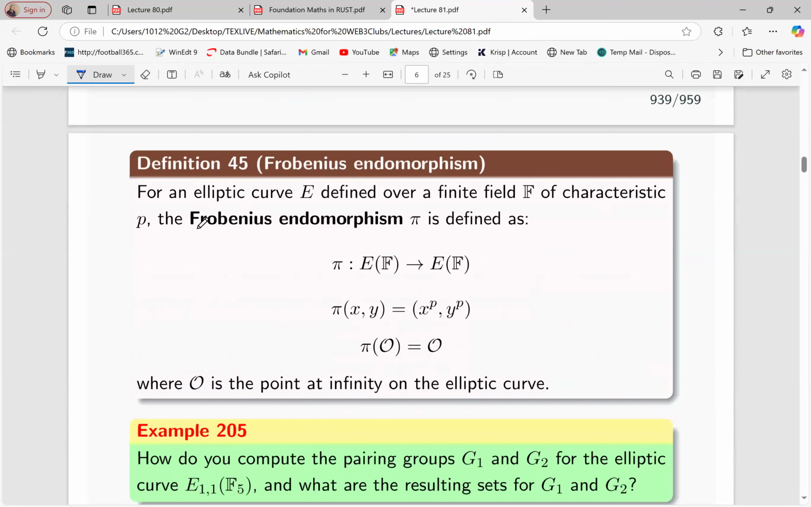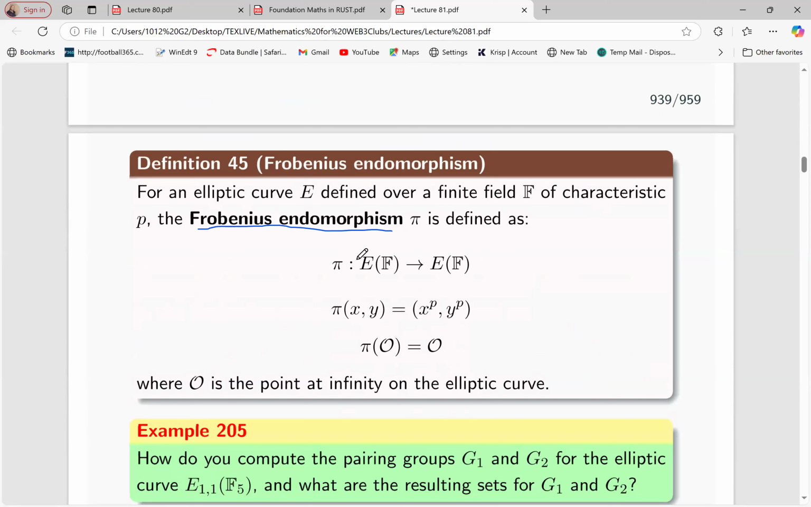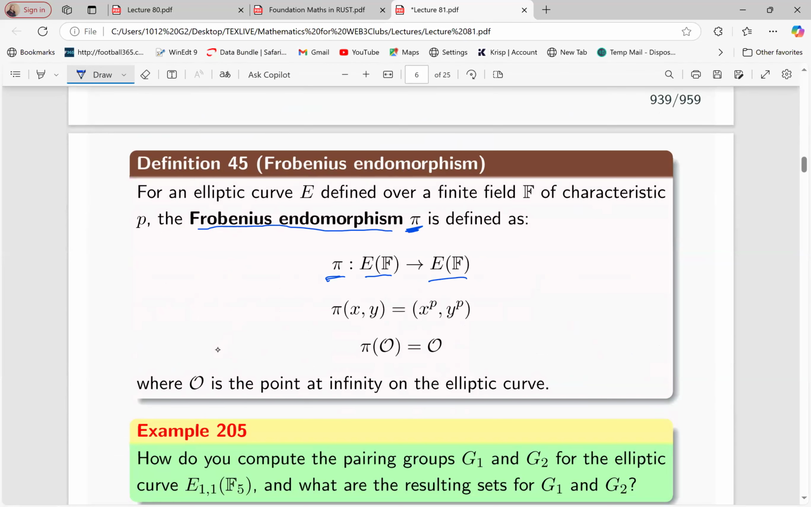Now, what is the Frobenius endomorphism? What does it say? This is just the function for the Frobenius endomorphism, and it says that this pi would map the elliptic curve to the same elliptic curve. What this actually means is that while you're doing this, the elliptic curve does not change. It remains because, for instance,